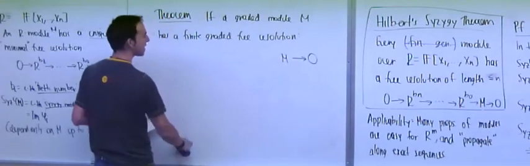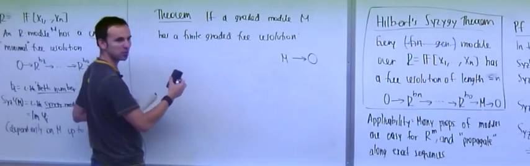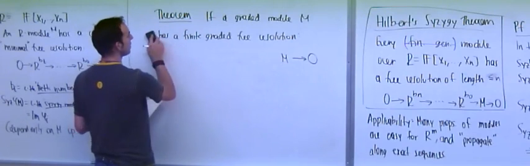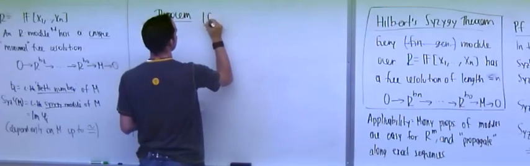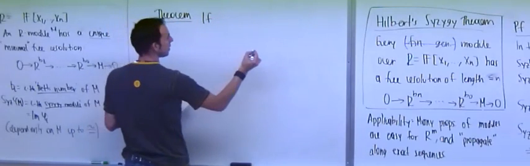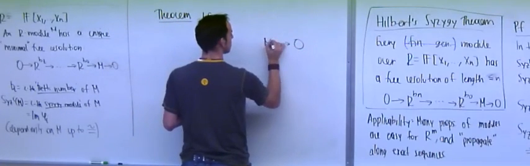I shouldn't say if it has it, because we know that it has it, right? We just proved that. So if, well, it's a slight lie, but if you have a resolution